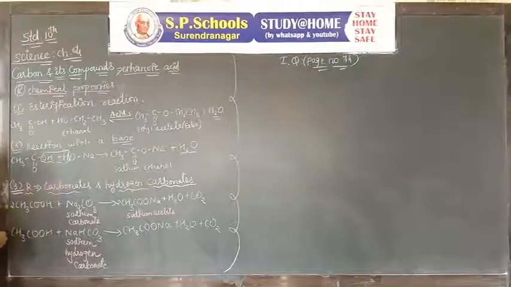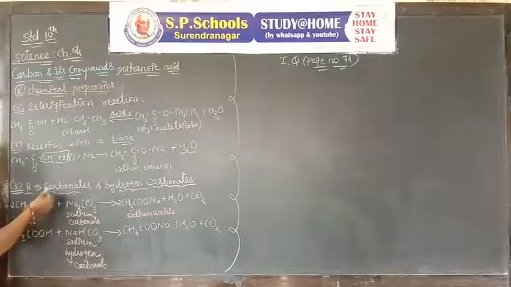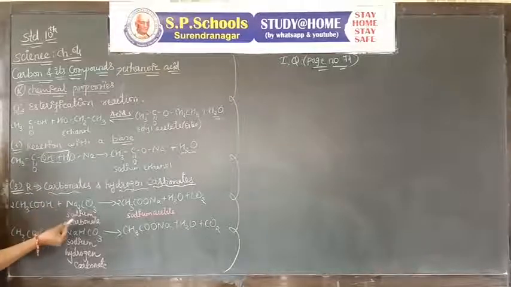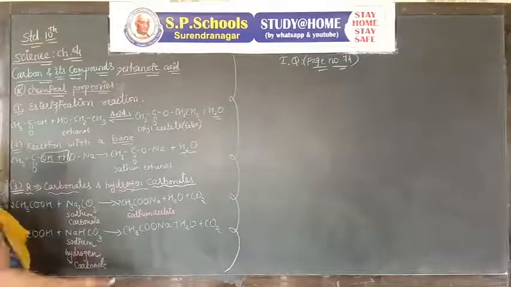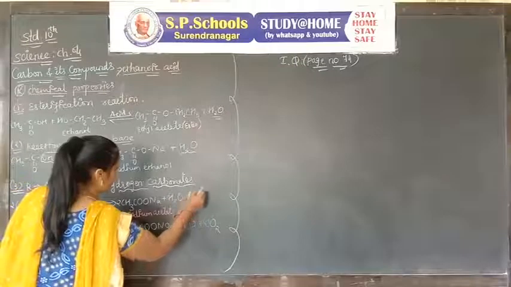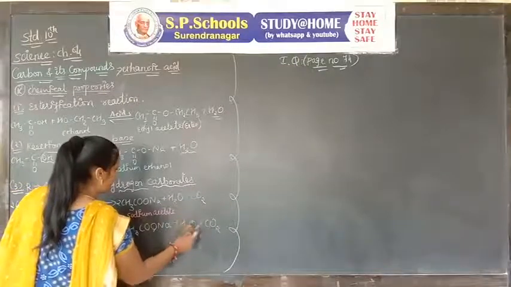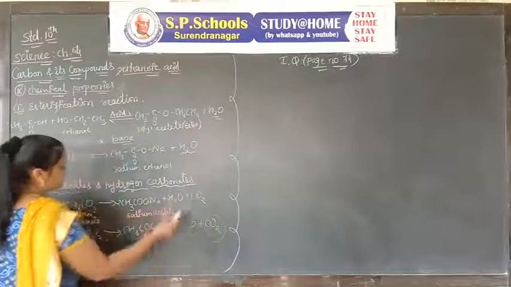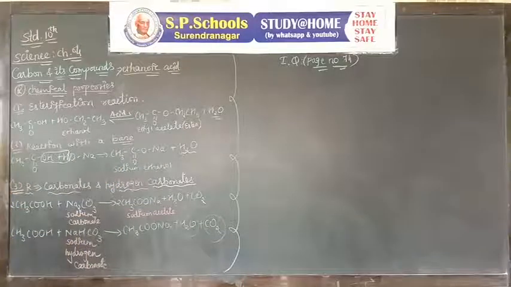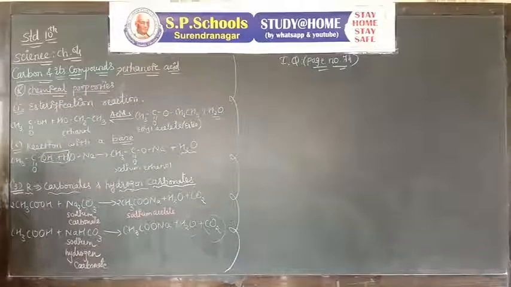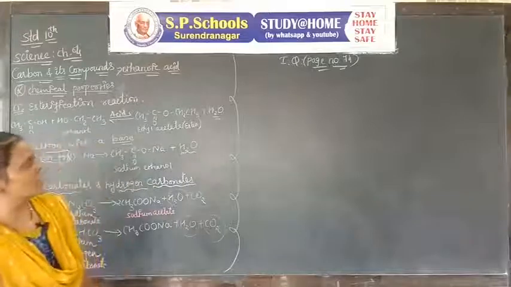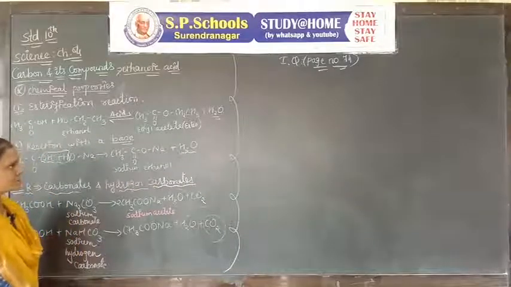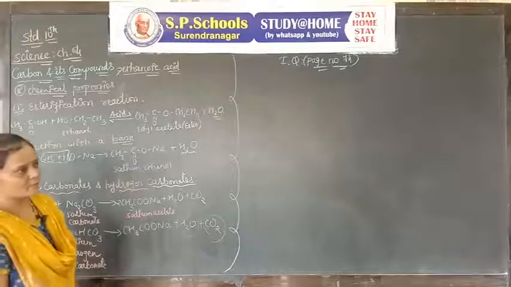If you have studied chapter number 2 properly, you know that when an acid is combined with carbonates or hydrogen carbonates, a water molecule and carbon dioxide gas are formed. According to chapter number 2, we already know it. According to activities 4.8 and 4.9, we go through the in-text question given on page number 74 in the textbook.